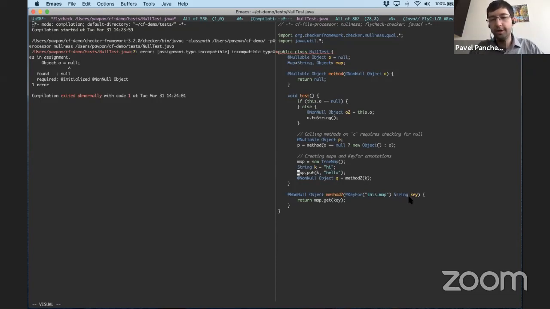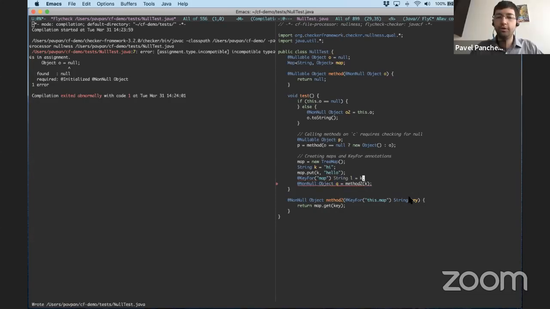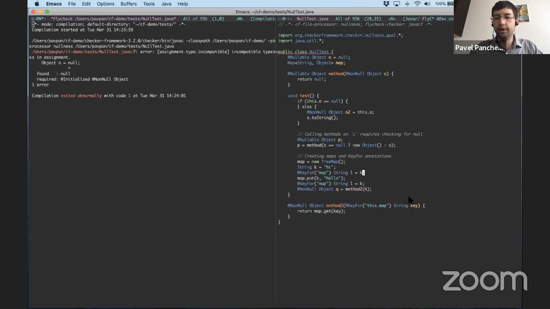It says that after a map.put, pretty much no matter what the answer is, I can now go backwards and refine the input expression k to know that it's a key for the map. So now here it's valid to assign k to a KeyFor, even though up here it would not be.